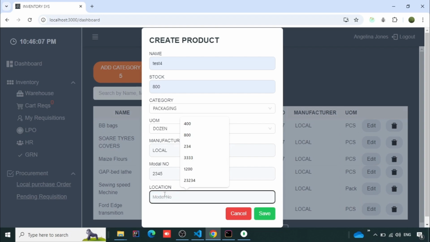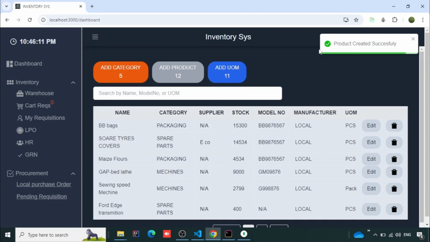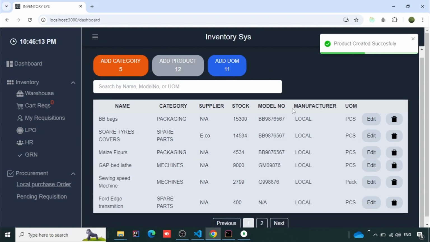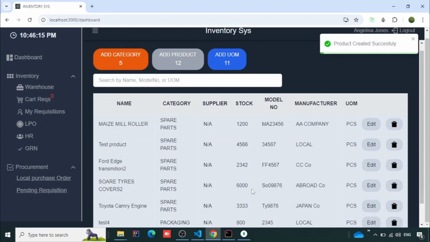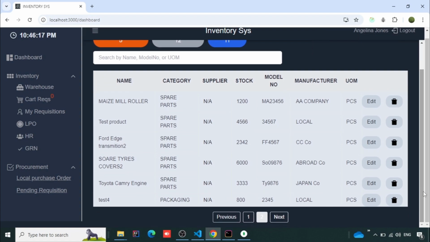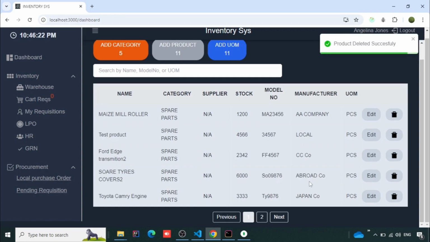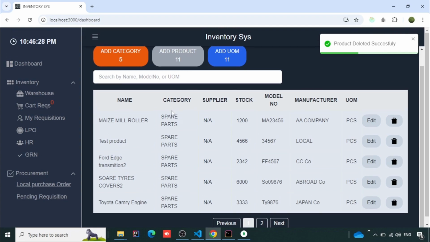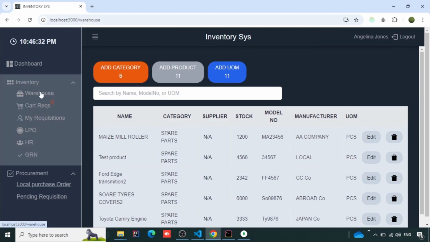So also I will have a location. It's going to be A3. If I save, that is going to save my product, guys, whatever I created right now, and that will just come out here. I can delete that. If I press delete, I can delete it also, and I have a beautiful toast notification. I can get this beautiful message to say product created,